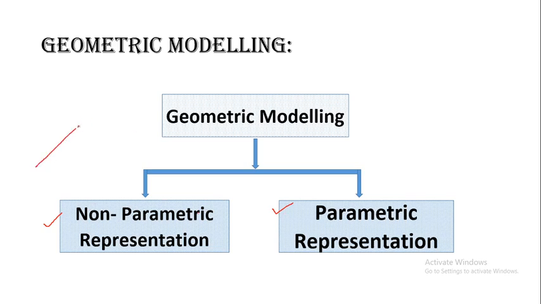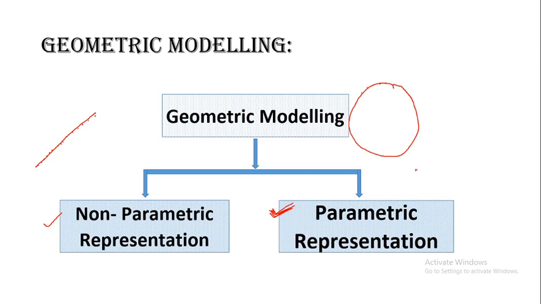Suppose line is a geometry. In that geometry you are supposed to calculate the pixels or points on the line. Suppose circle is a geometry. To draw this geometry you have to calculate the pixels on the circumference of the circle. To calculate these pixels or points on the geometry, we have 2 methods. First method is the non-parametric method, second is the parametric method. For your course you have to use the parametric method. In this course we will learn geometry drawing by using the parametric method.